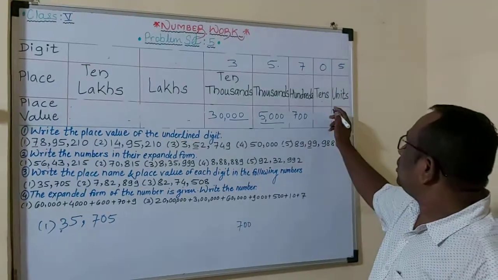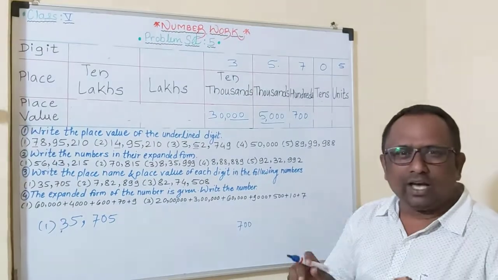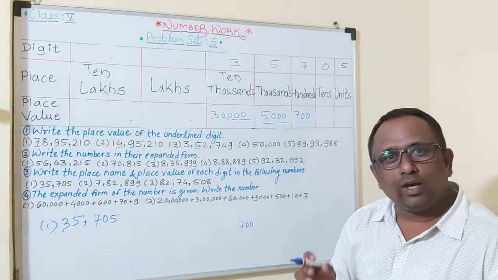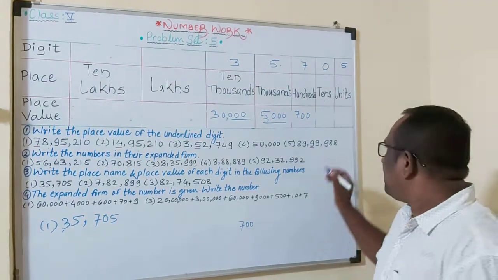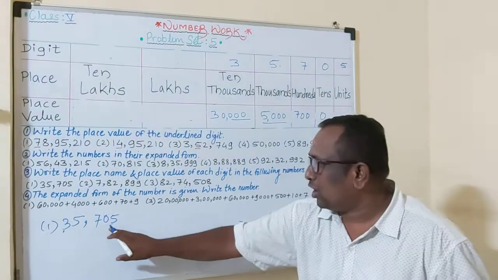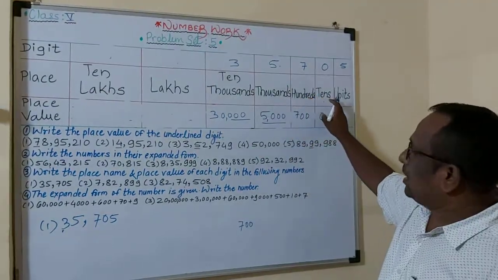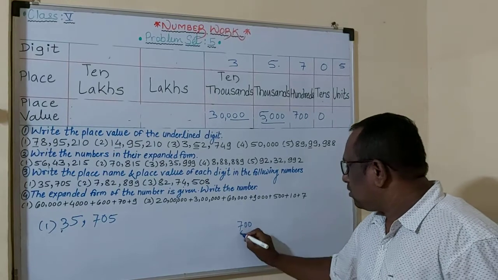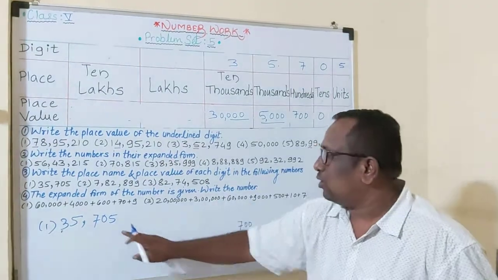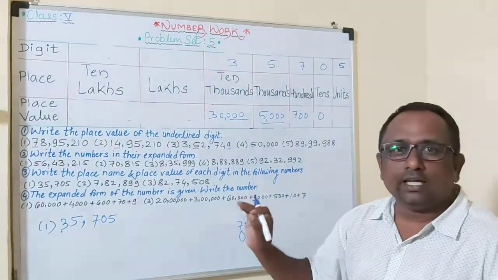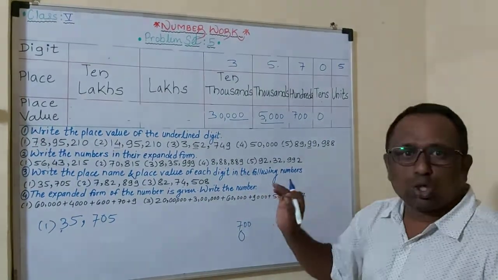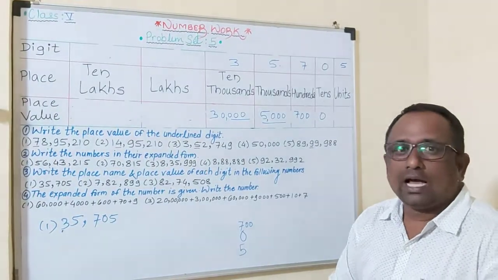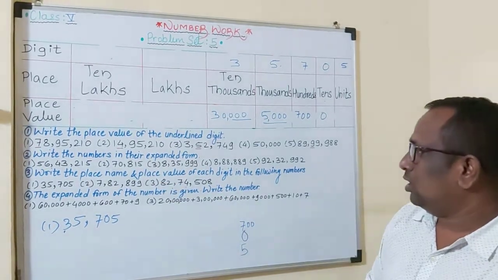Then 0. This is very important. Now 0 is there, 0 in the 10s place. Wherever that 0 is, whether in the unit place, 10s place, or 100,000s place, the value is always 0. So you have to write 0 in the 10s place, and the place value of 0 is 0. Now the last is 5. So you have to write 5 in the unit place, so the place value of 5 is 5. Like this way, the remaining examples we have to solve.